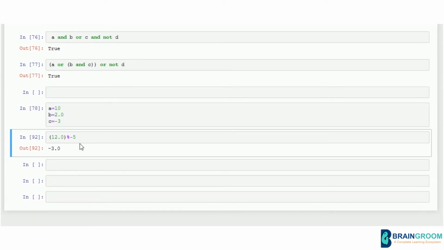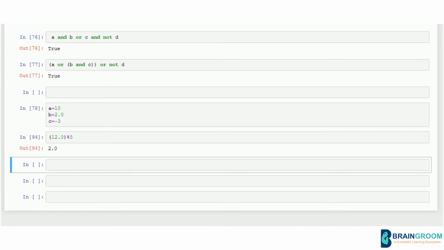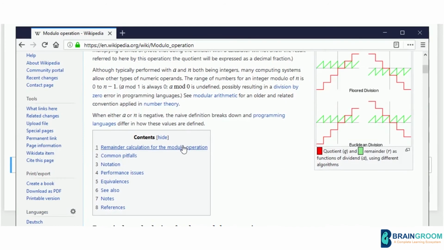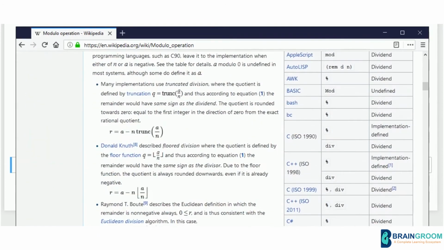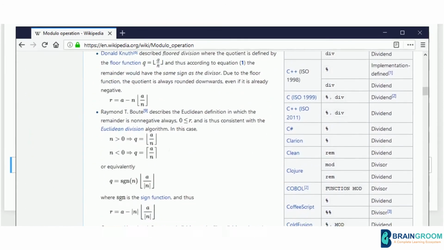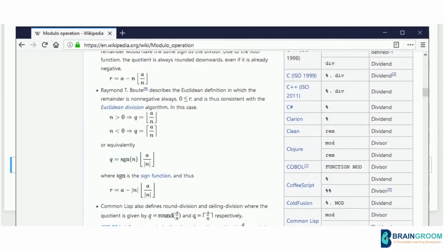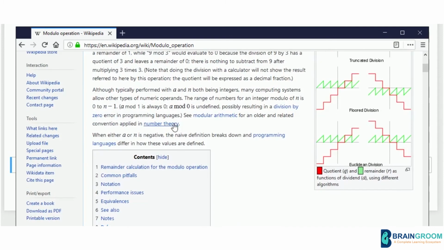Okay, it appears there is a difference in the definition when it comes to negative numbers. Say had it been a positive 5, then just like always, when you divide 12 by 5, the remainder you obtain is 2, so you should get 2, right? When it comes to negative numbers, if you go to Wikipedia on the modulo operation, they have a set of formulas or definitions regarding the modulo operator when the numbers are positive or negative.